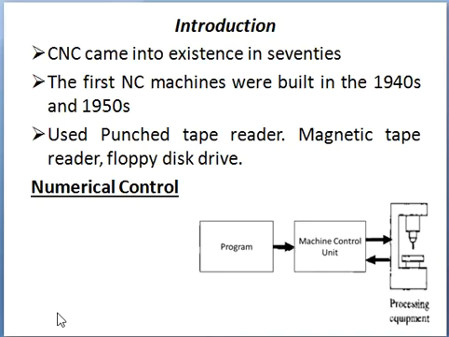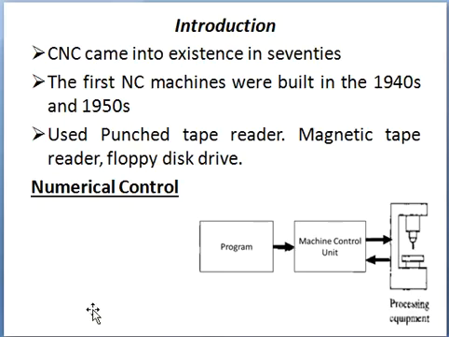Greater accuracy and reliability, low scrap rates because there will be fewer errors, reduced parts inventory and floor space because of the compactness of these machines. We do not require a large amount of space. Greater operator safety because the machine works in a confined, closed space. Without the doors closed, the machine will not start. So it is a little bit safer for production of components compared to conventional machines.